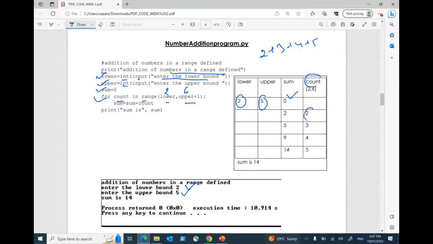The first count is 2. Clear? Then the second one is 3, the third one is 4, and the fourth one is 5. It started with the first one as 2. So what is the value of count now? 2. I am saying sum equals sum plus count. Initially my sum was 0, so sum plus count will now be 2. Clear? Next time the count will be 3. Sum equals sum plus count: my sum was 2, my count is 3, so it will be